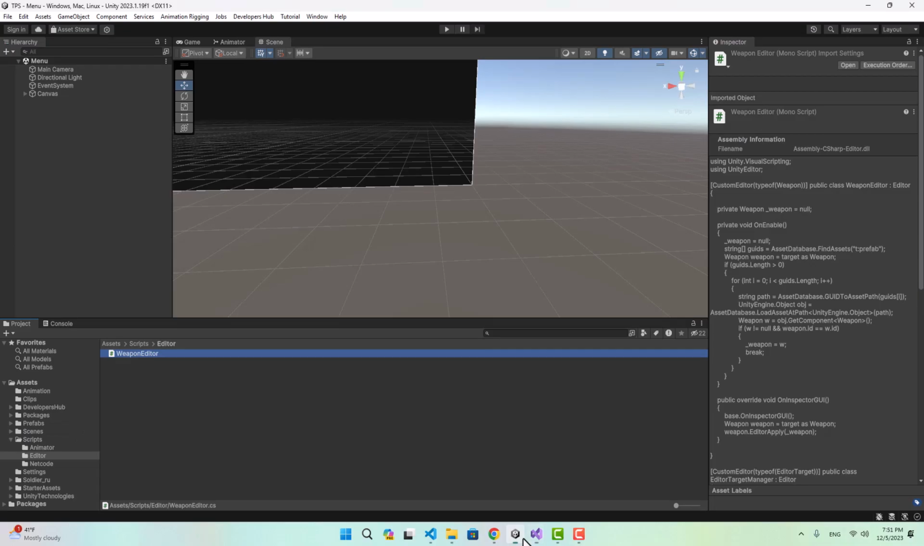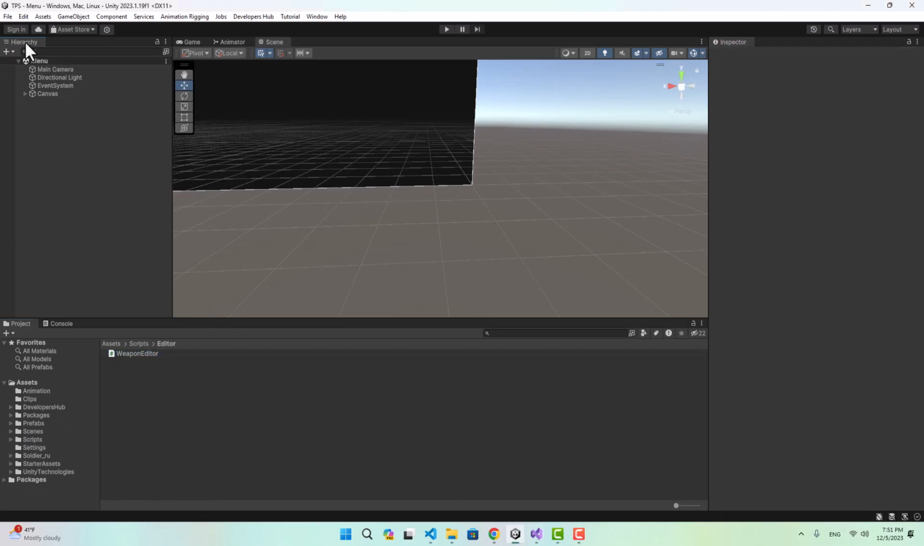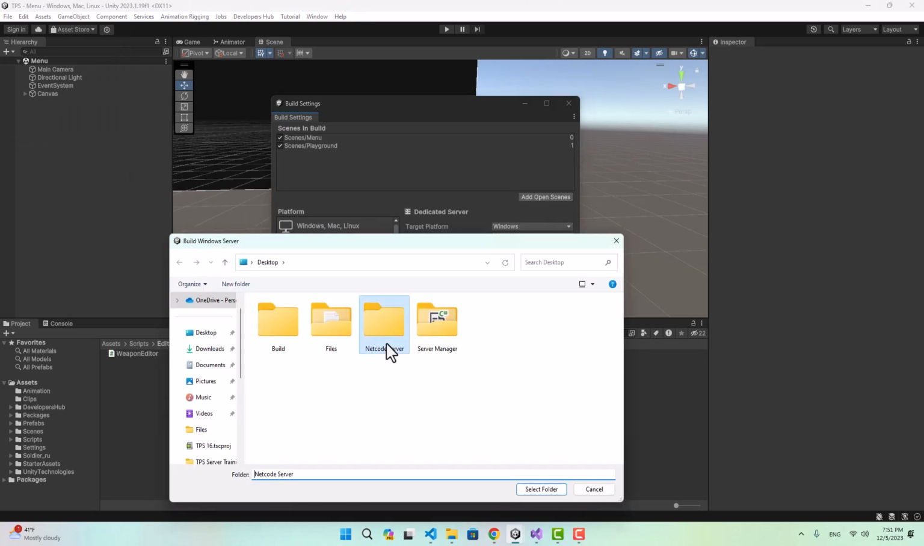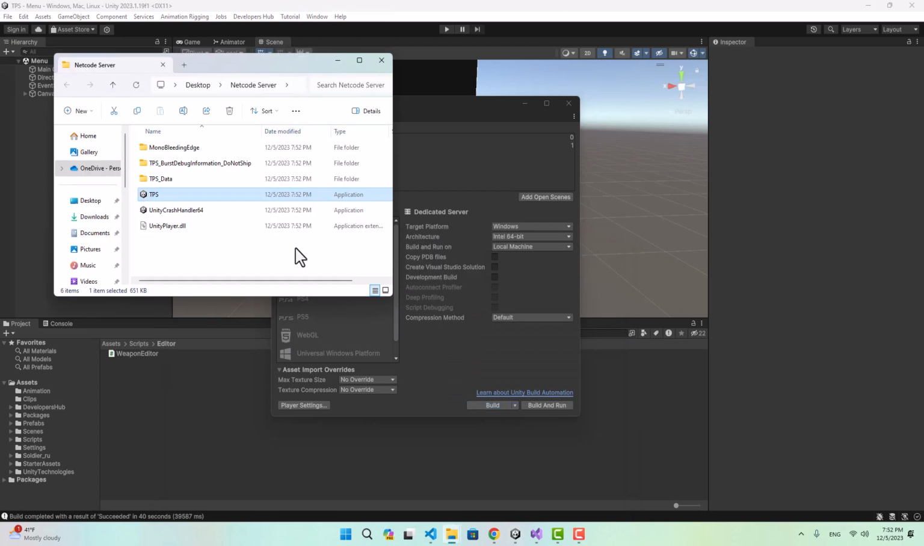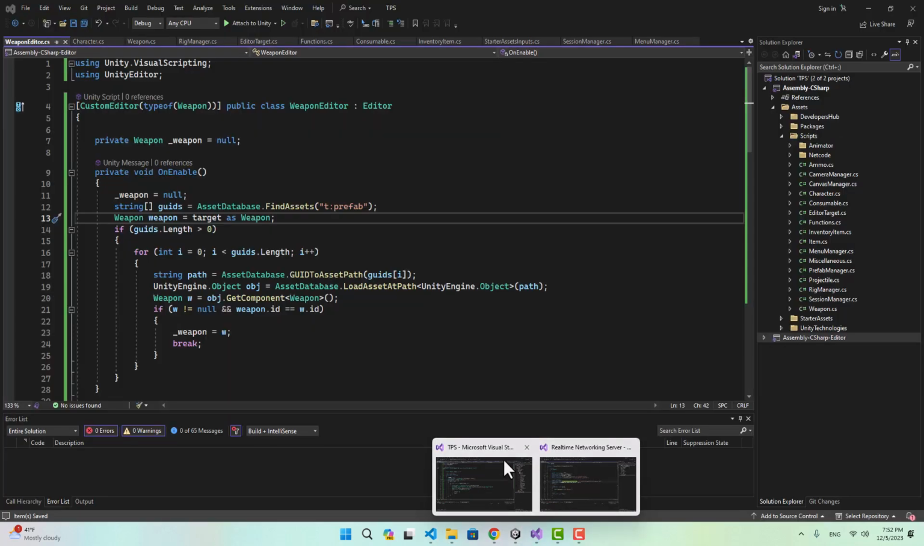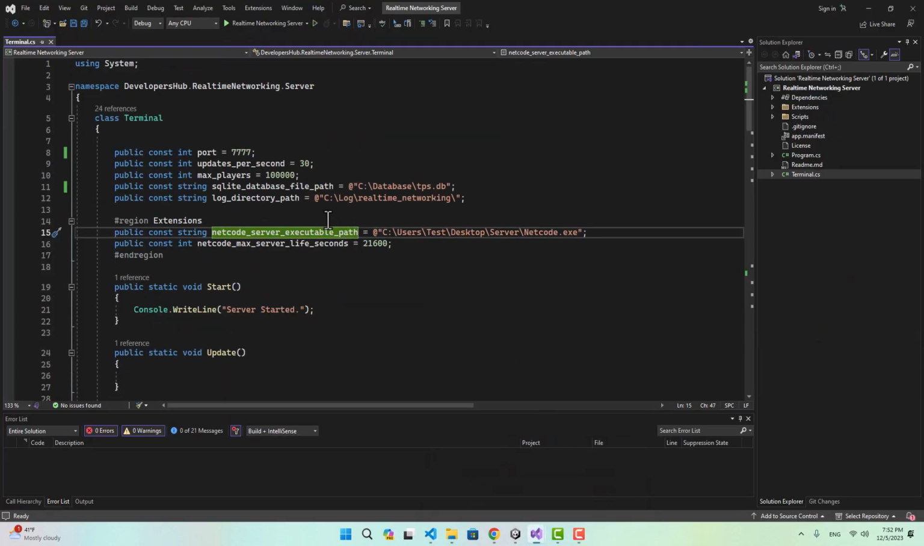Now let's go to the editor, and I am going to get a build for my project. First I'm going to build for the server. I'm going to do it inside the Netcode server. Okay, that's our server build, which we are going to copy the path for inside our real-time server. Here it is in the terminal, Netcode server executable path. So that is going to be my server address,